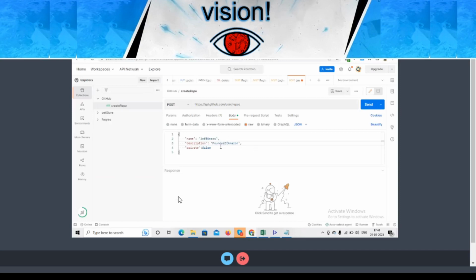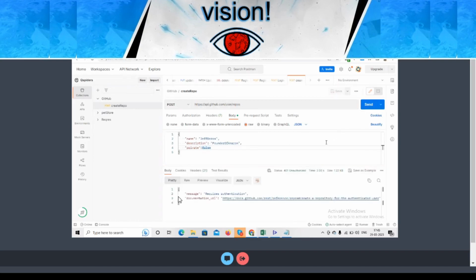So I have given proper data. In curly braces, I have opened one object. In that particular object, I have given all those things which are needed to create one repository. Now I will click on the save button, and I will click on send. Let's see what we will get. We are getting 401